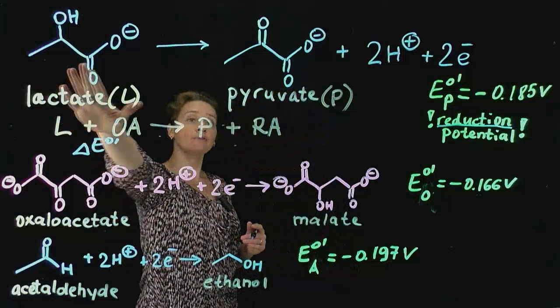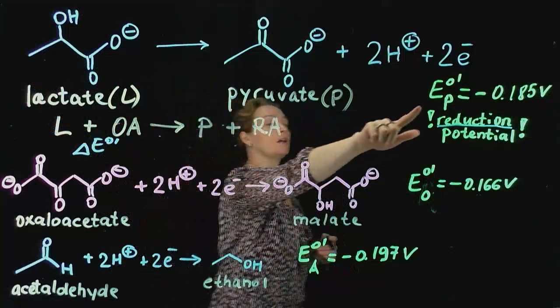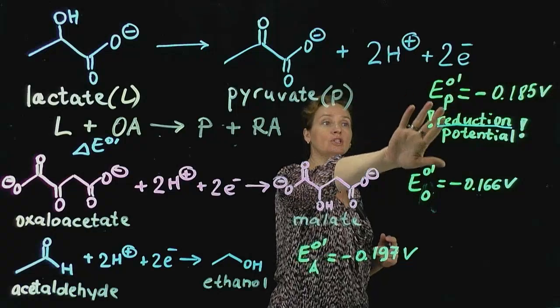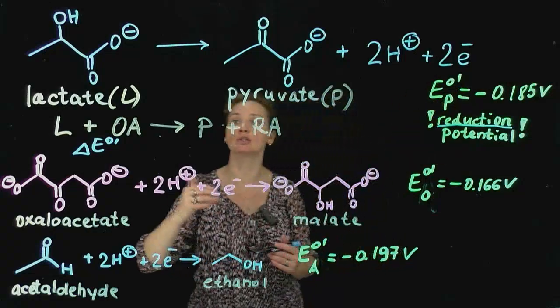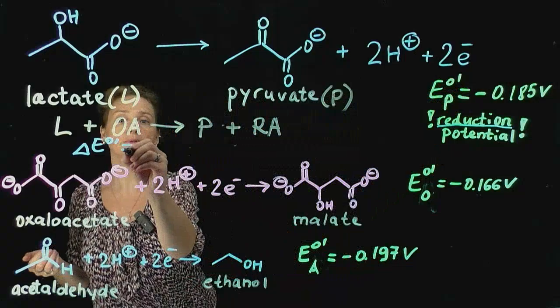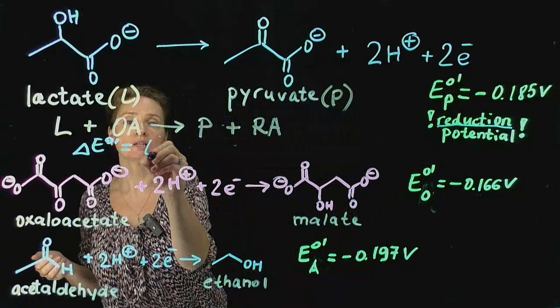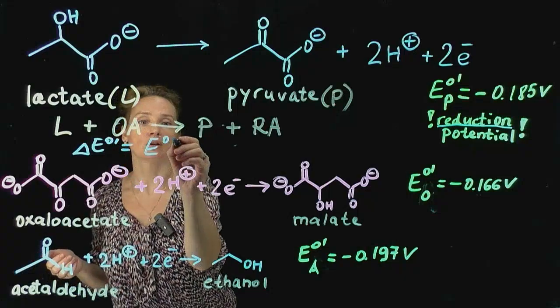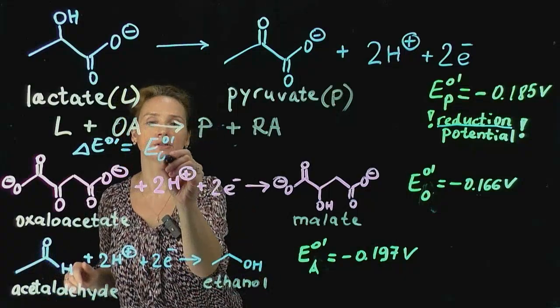It means that for this half reaction, the sign of this reduction potential needs to be flipped. So we can simply say that we use the reduction potential for this oxidizing agent,